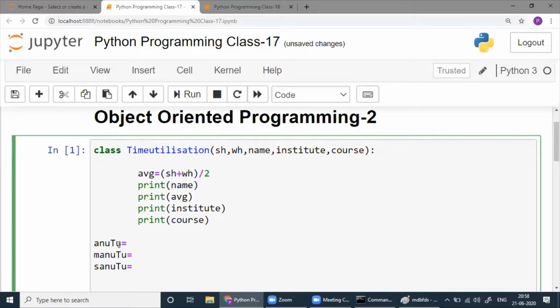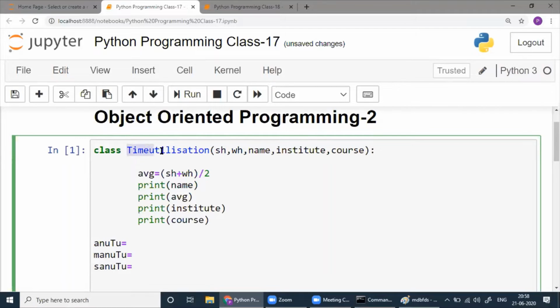Just add TU here, whatever you created last time, so that there will be a link between this and this. So when you say Anu here, if you write employee here, then we'll understand that Anu is an employee type.